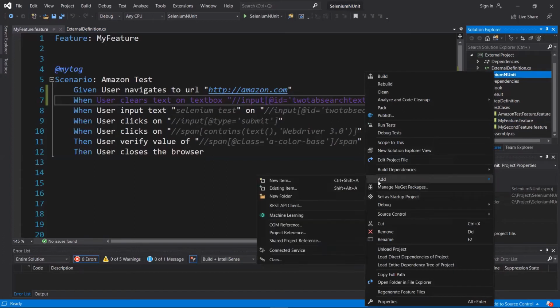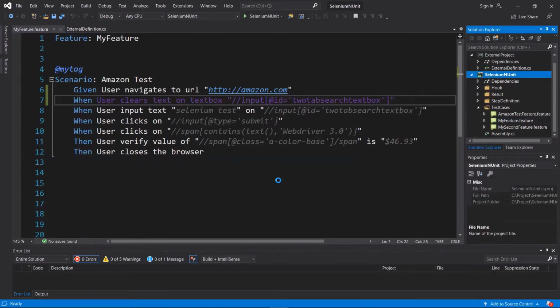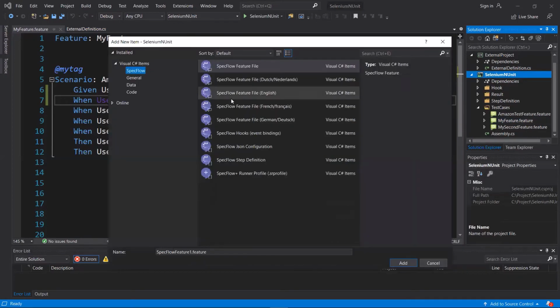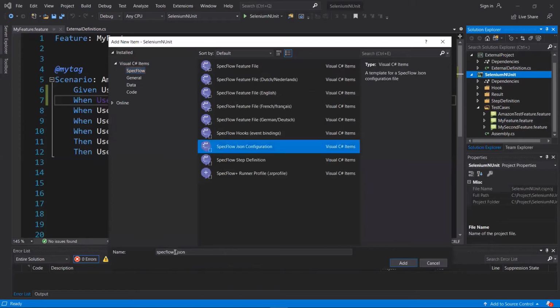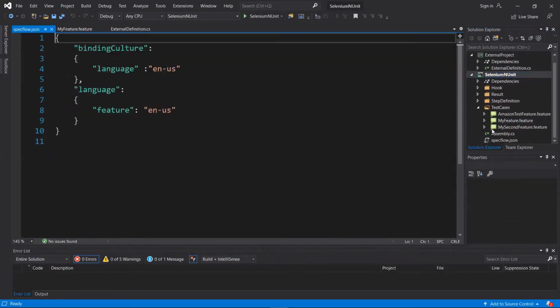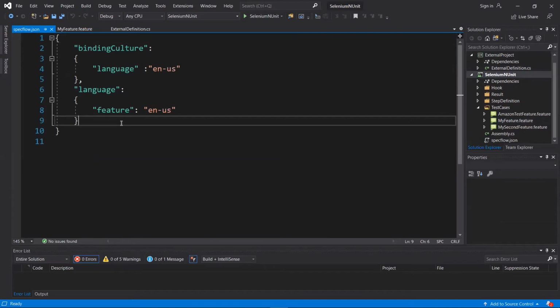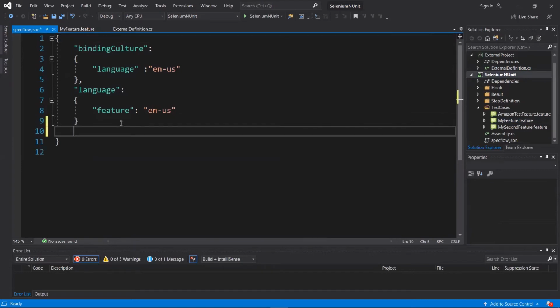Right click on the project, select add new item, and then select SpecFlow JSON file. Rename the file and click on add. The file has been created and you can see the default values here. These are for the default language of a SpecFlow feature file. You can change these values in case you want to use a different language.